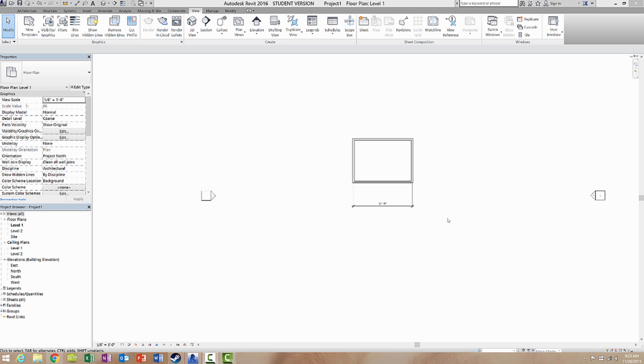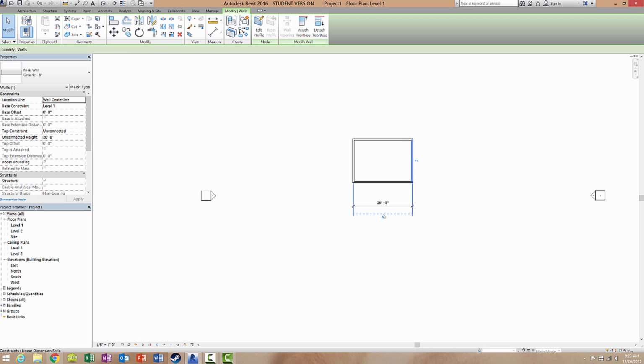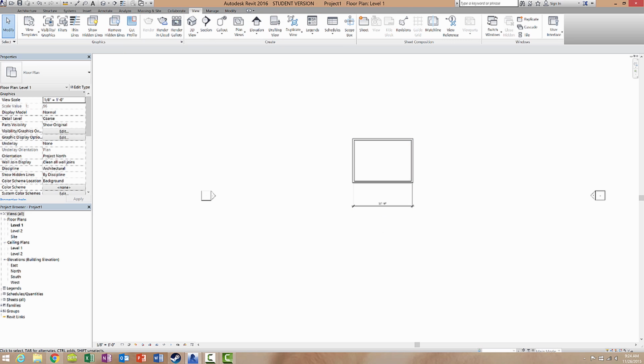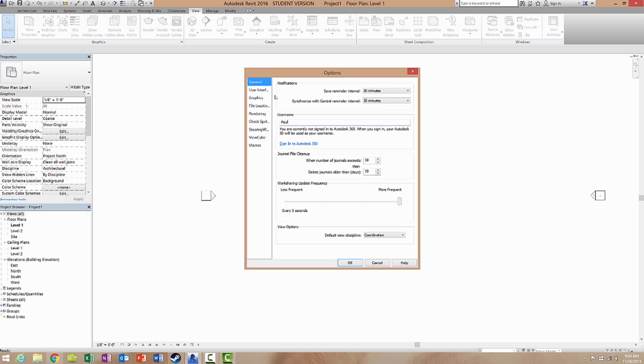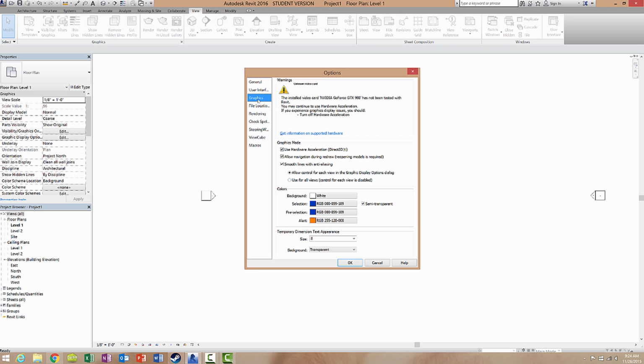Something that I often hear is an issue is that people say the dimensions by default are too small. Right now you can barely see that this is 25 feet. If I click on it, you can see the temporary dimension is slightly larger, but not by much. An easy fix is to go to the little R in the top left corner, go to Options, and adjust the text size by heading to the Graphics tab and changing the temporary dimension